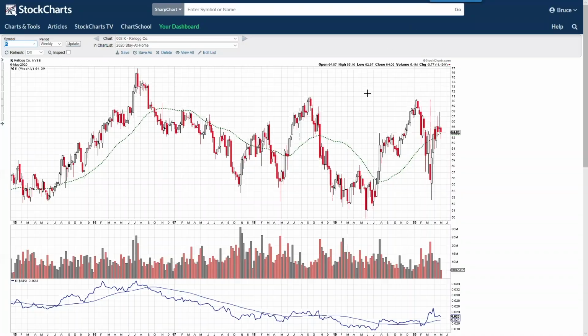Kellogg, big reaccumulation area here, starting back in 2017. It's attempting to potentially complete that. This is a really nice lift off of a higher low. Relative strength is now in gear, something that generally was not in place back to 2016. Now Kellogg has a